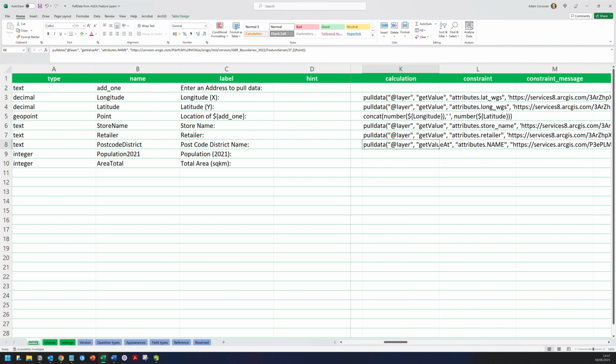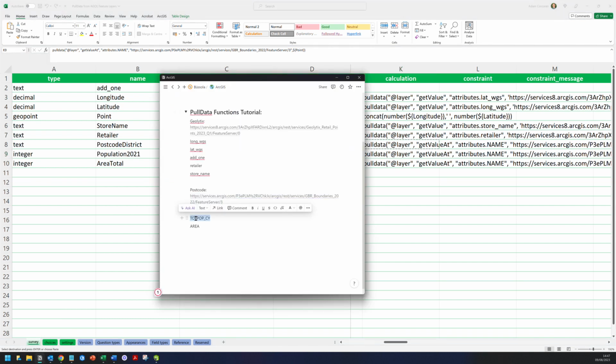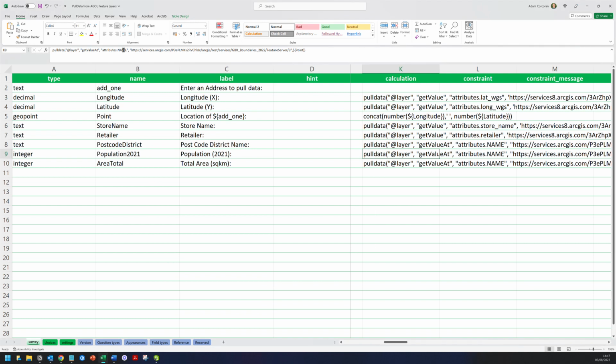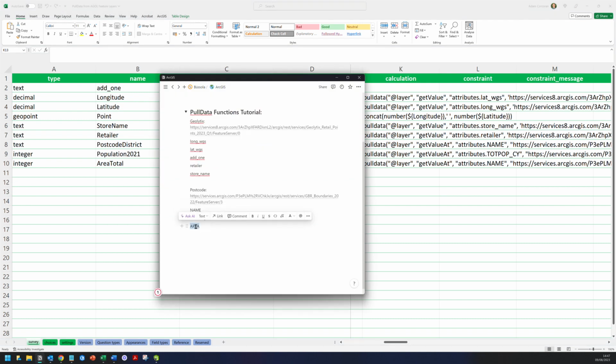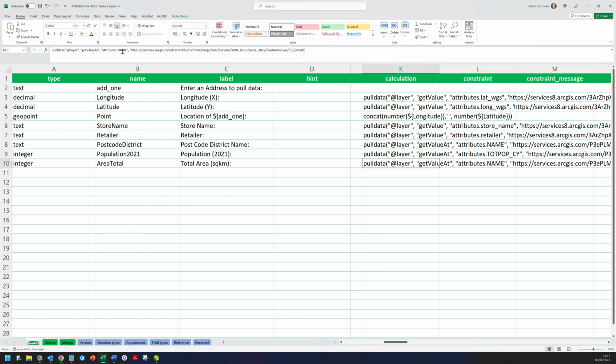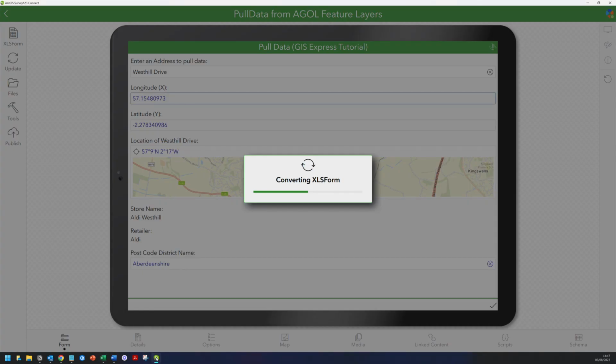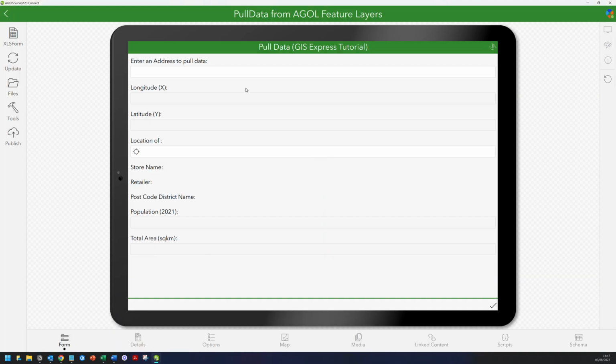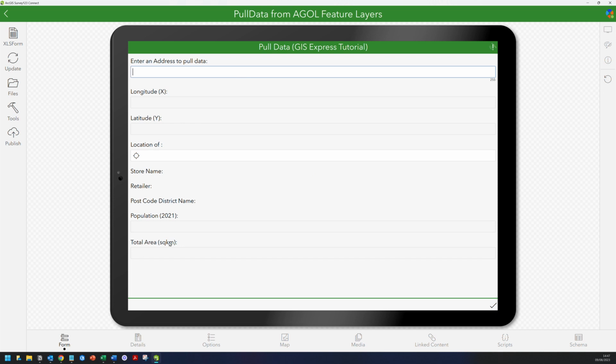And now what I can do is just copy that. Once I know it's working, I just test the pull data function once to make sure it's working. And then I say, okay, the total population field is this one here. I'm going to pull that from my Notion. And then the one for area is just area. And they're all read-only, and I say yes to read-only questions. I'm going to save this, converting the form,